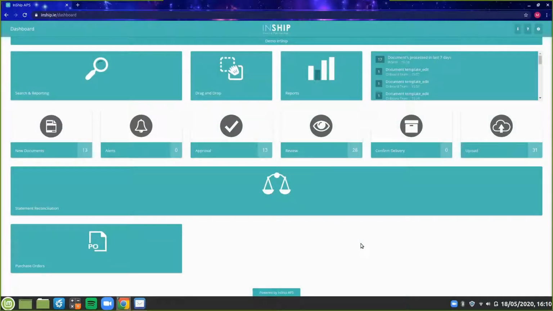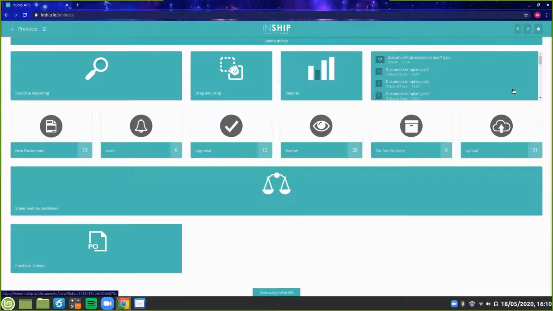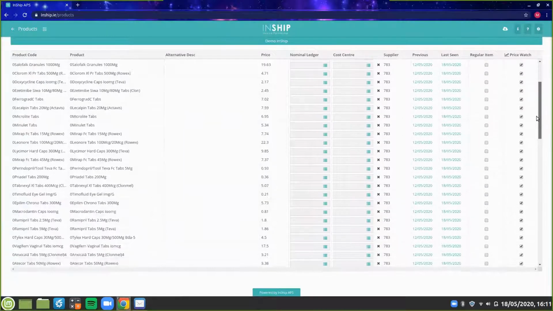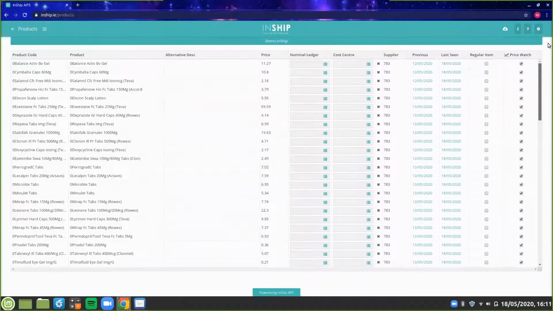So today I'm going to show you our products feature. How you get into that is by going up to the cog and into products here. So you can see we have a list here of a load of different products and their prices and all that kind of stuff. Where we've gotten this information from is when we extract table items, line items from